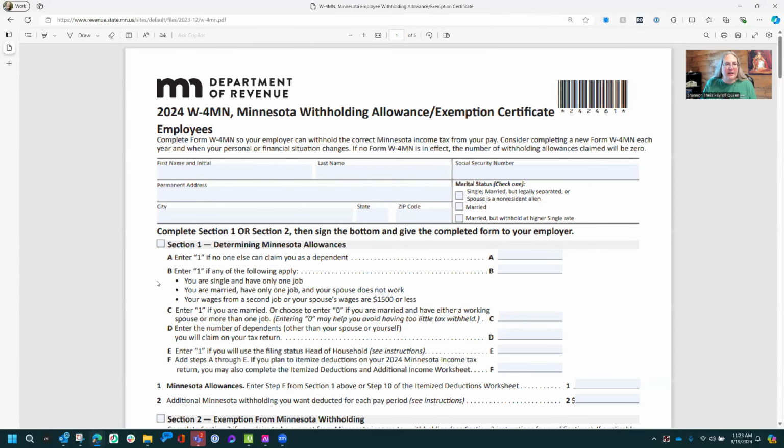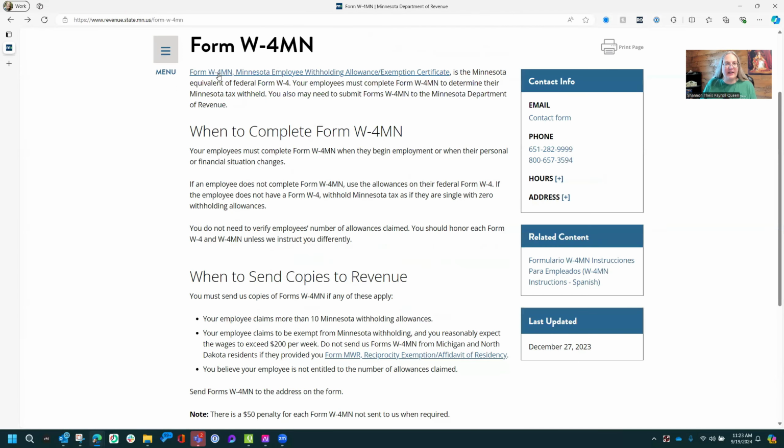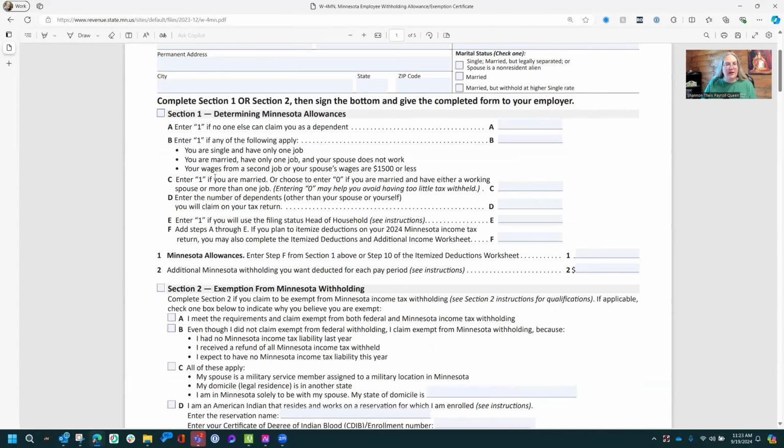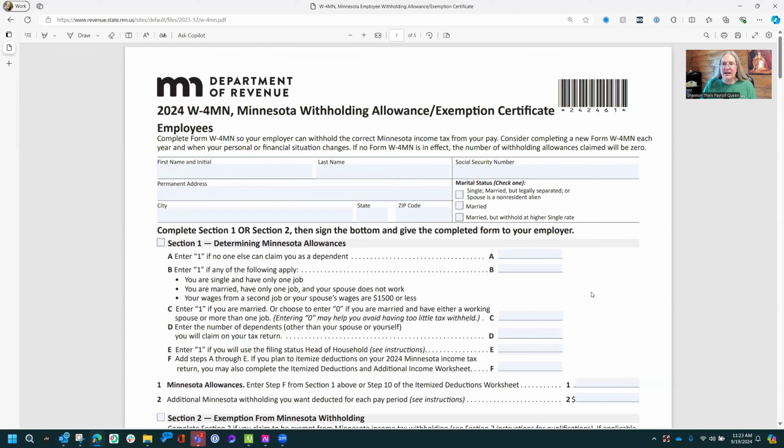All right, so we're going to click on this link up here for the form W-4MN. We'll go ahead and start at the top of the form. The top part is pretty standard. It's your first name and middle initial, last name, permanent address, city, state, and zip code. And the reason